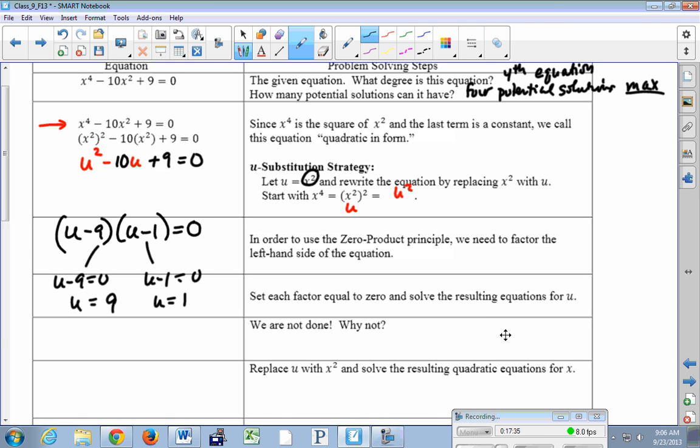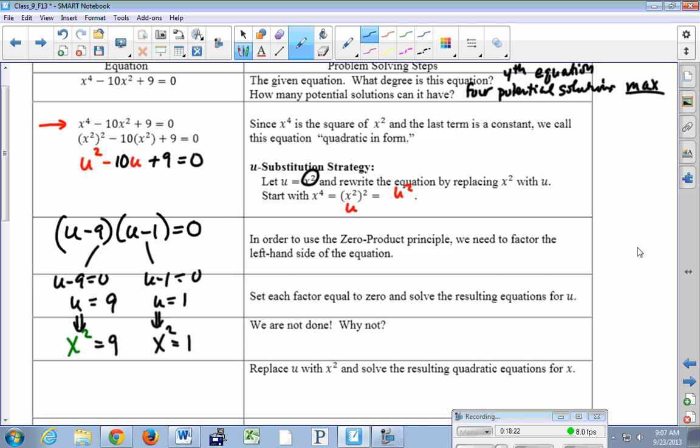So now we have to replace u. We got to go back to our sneaky little substitution and say, okay, just so I knew how to deal with this equation, I use this u idea to substitute. Now I got to go back and say, all right, time to get real, time to go back to the original equation. I want to now resubstitute what u equals. U was x squared. So I replace u with x squared, because that's what it stands for. And now look at what I have. X squared equals 9, and x squared equals 1. So I now have two what? Two baby